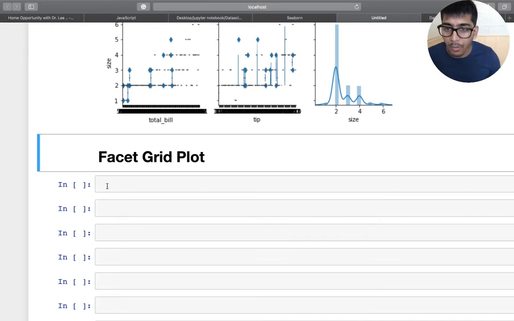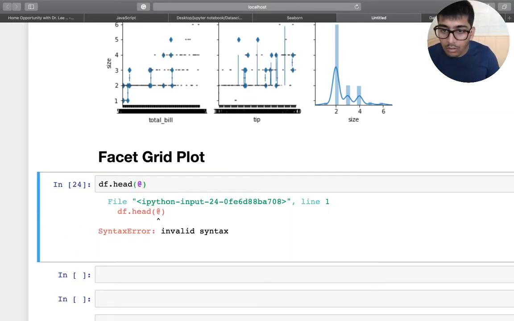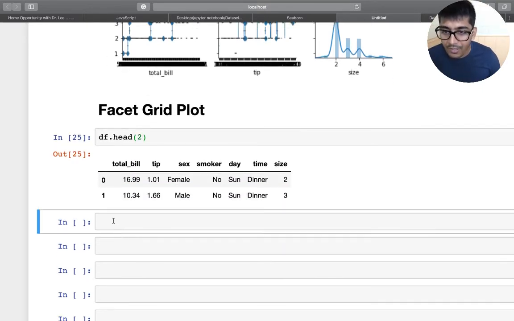All right, so facet grid plot. So SNS dot. So before that, oh, sorry for that. I was typing 2. All right, so